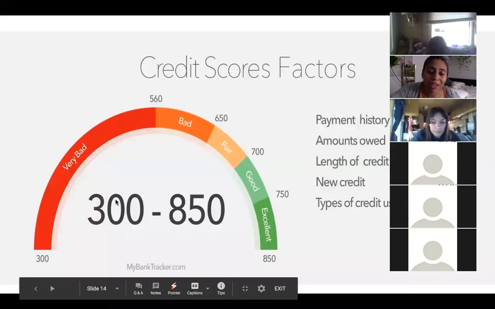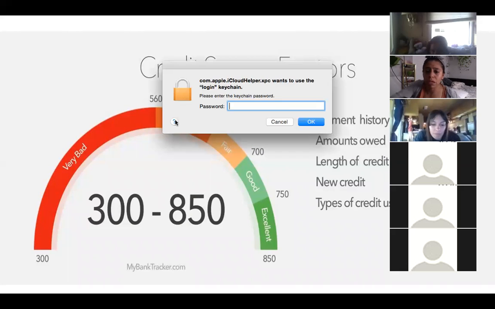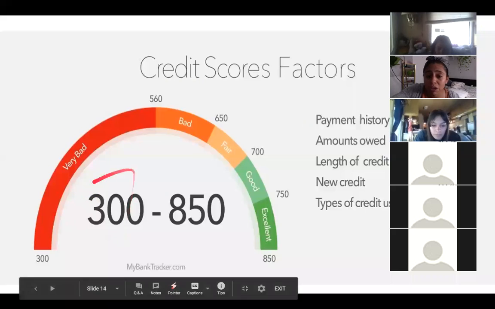So here's where you stand at 18. A couple months pass and you're doing your payments well and everything, it can jump into the 400, 500 range. Now, 560 to 650, it's still bad. But if you want to go and get an apartment rented, you might have a good chance in getting it. Maybe you're trying to get a loan, you might have a good chance. If you're trying to get a secured credit card, you only need a 300. So if you've never had one, you can get it.